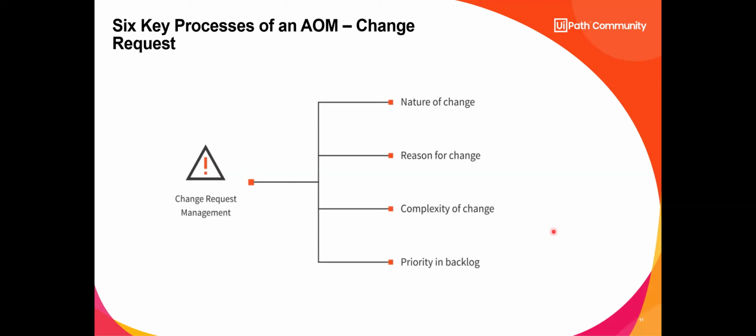Standard changes would be something along the lines of, hey, can I have an Outlook email here, or can I have a log message? And emergency was some application problem that would prevent the automation from working. Here it looks a little bit different. Here's the nature of the changes recorded, the reason, the complexity of it,